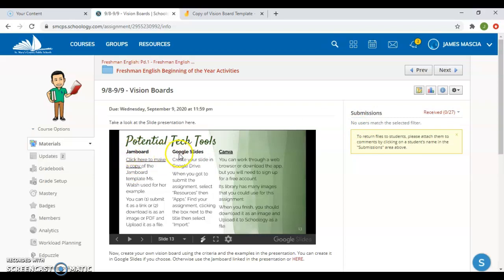Once you have it all done, you're going to upload it from your Google Drive. If you do either of these two, you can upload it from the Google Drive, and you'll have a place in this area for, as it says,